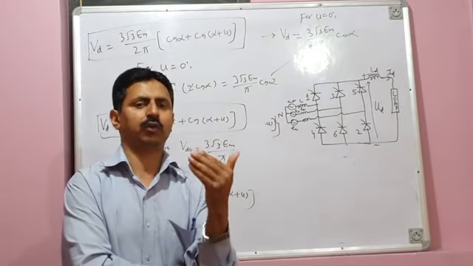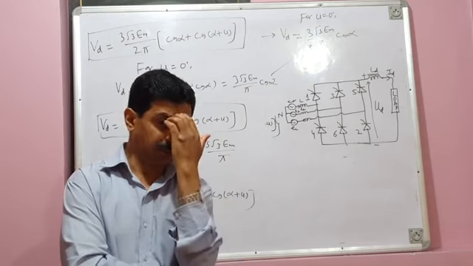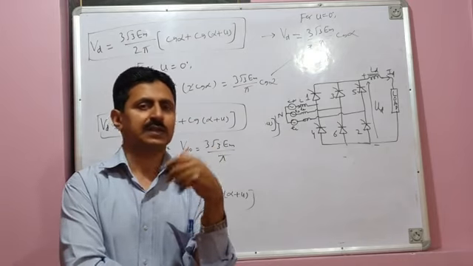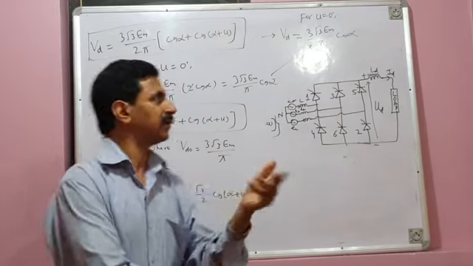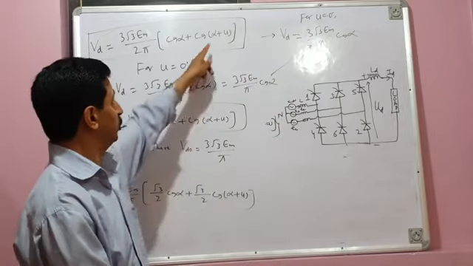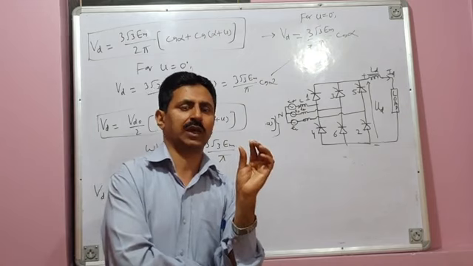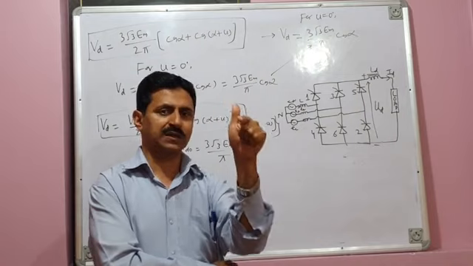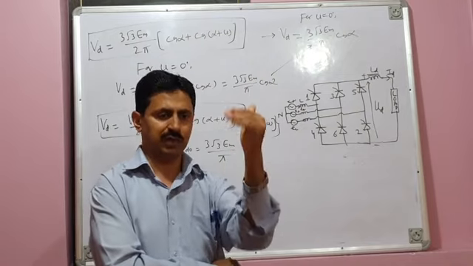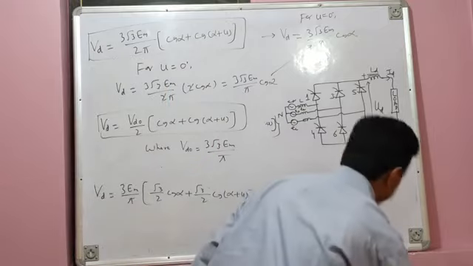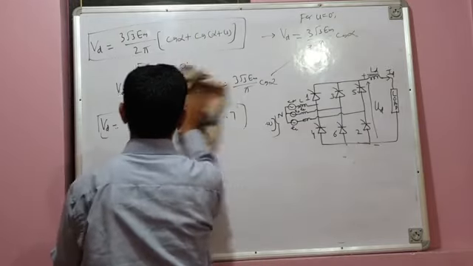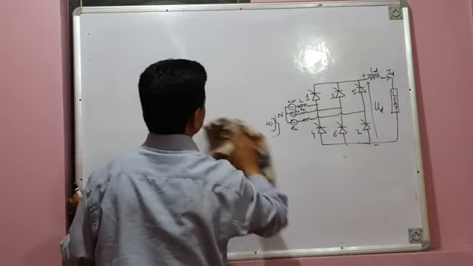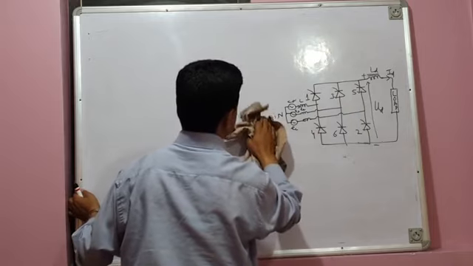I repeat, for the same input voltage and for the same given value of alpha, the converter produces slightly less average output voltage than without commutation overlap. Because of this u, commutation overlap, we know that during commutation overlap angle the output voltage always drops from line voltage segment to 1.5 times some phase voltage. So there is loss of voltage. That's it. So this is the mathematical expression for converter average output voltage with commutation overlap for mode 1, u less than 60 degrees.